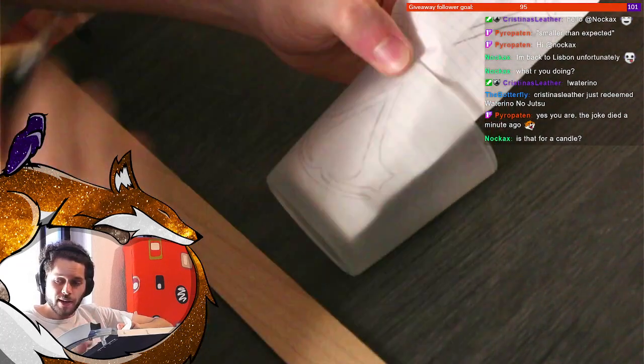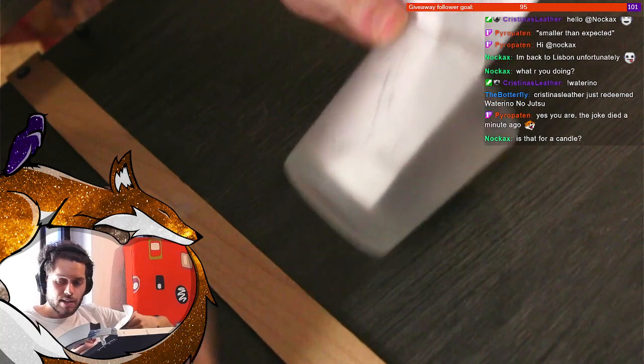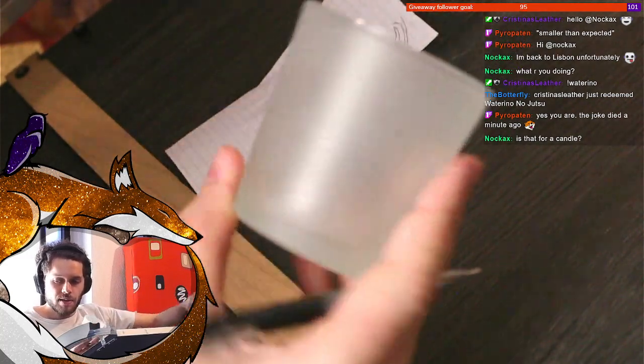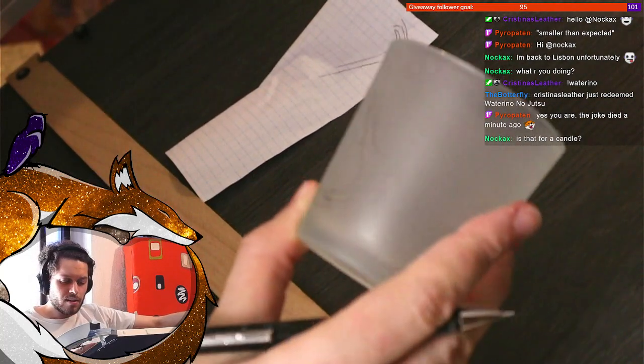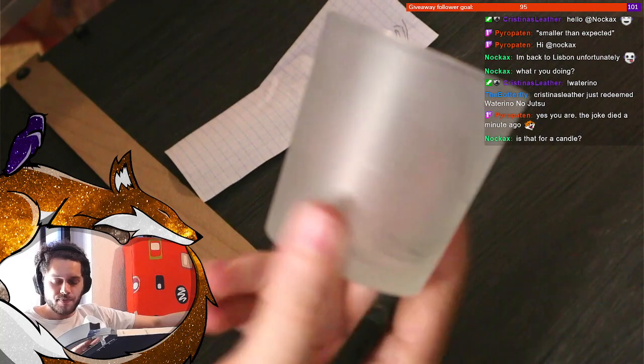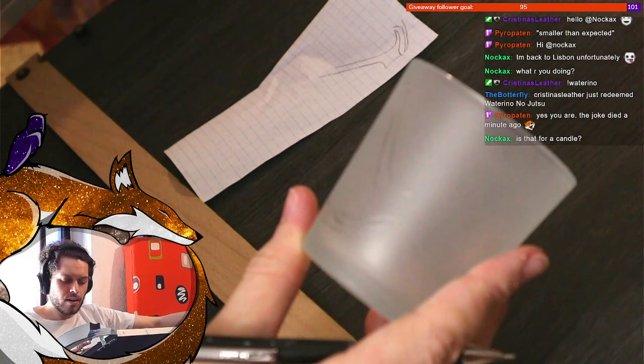No, it was from a candle. Well, it could be for a candle once again. This is from Christina, who bought a candle. It came with this glass. The candle is gone, but the glass remains. So I'm going to engrave it, mostly to see if I can and how it turns